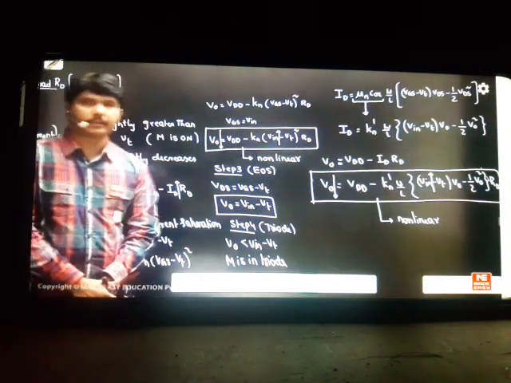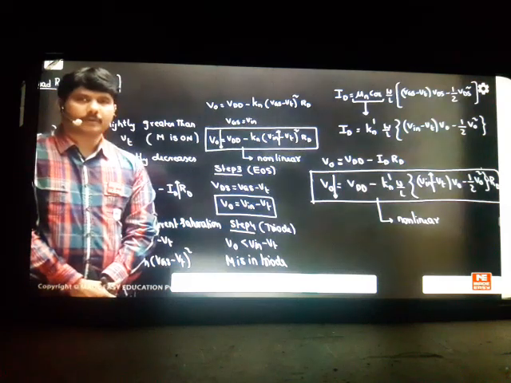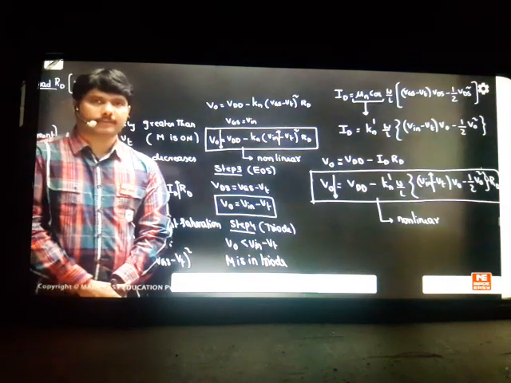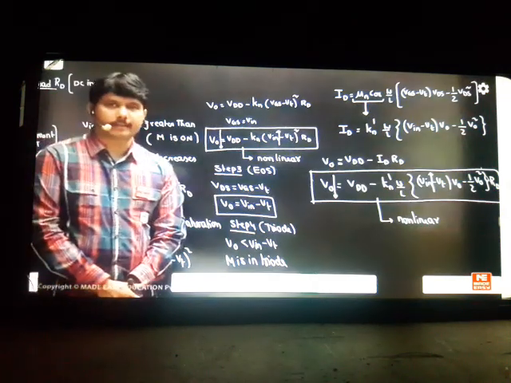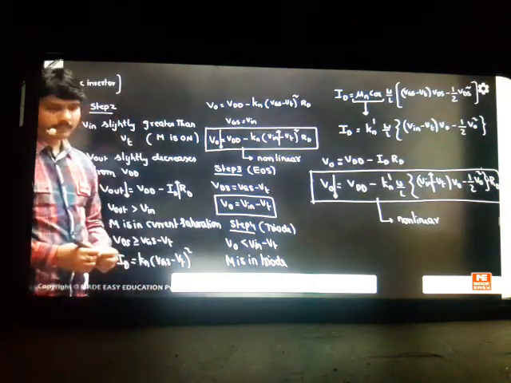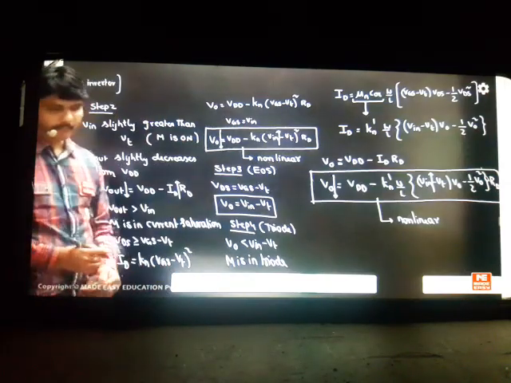Only 3 steps I said here, nothing more than that. Initially, it is in cutoff. After when you cross the threshold voltage, you are going to current saturation. After that, there is some boundary, EYS. When you cross that boundary, you will go to the triode region. In all the cases, the output is decreasing when the switch comes into on condition. Very easy topic it is, nothing to get tension on this area. This is the backbone concept of digital designs.